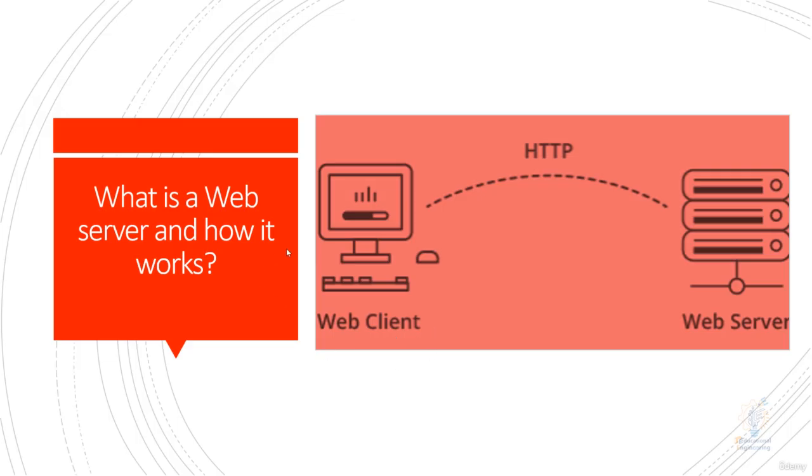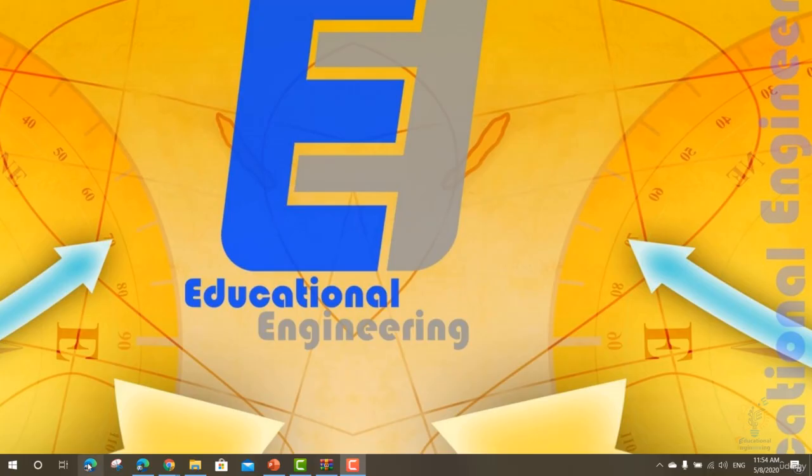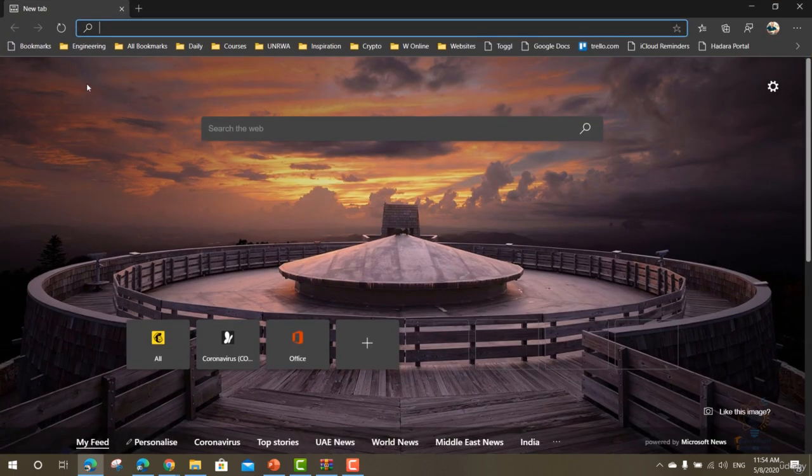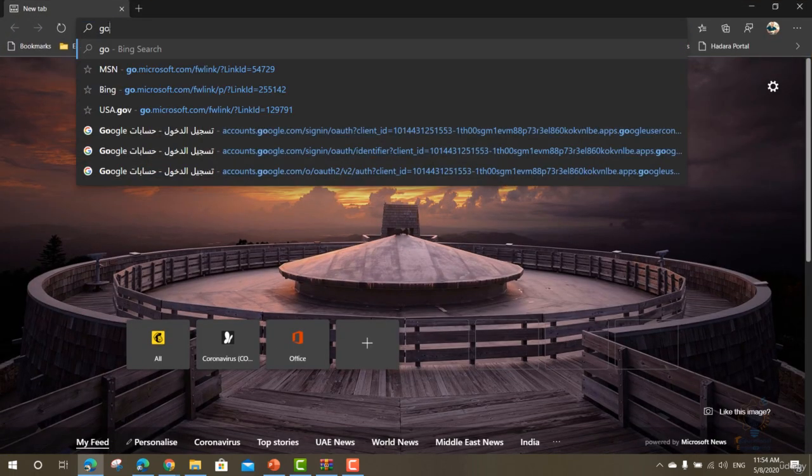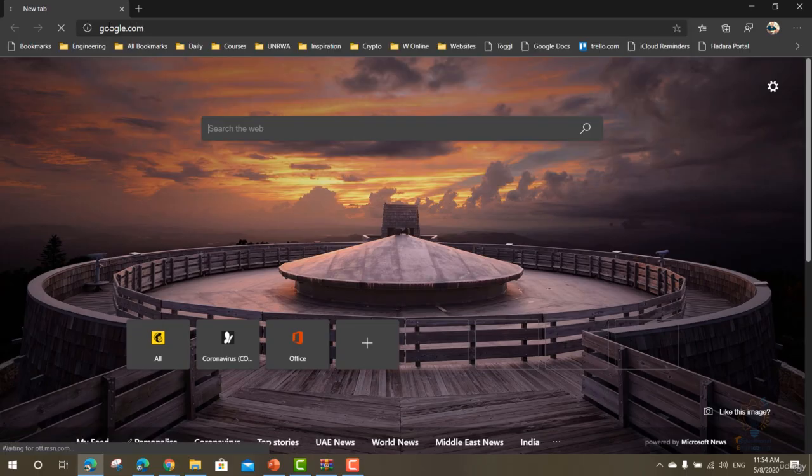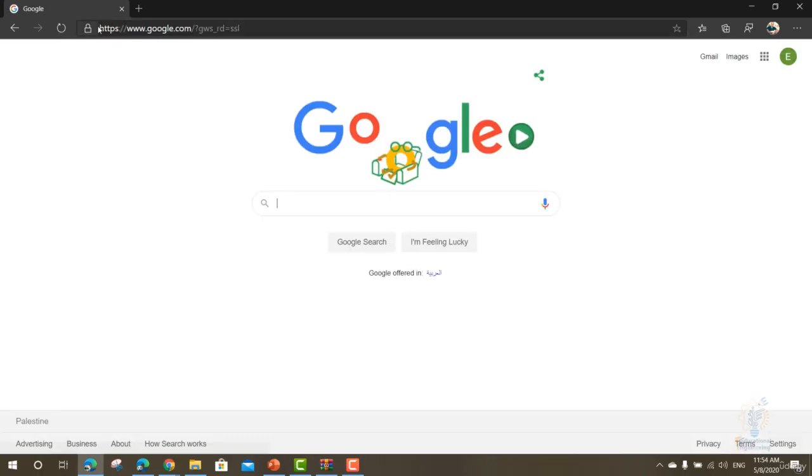Now let's take a quick example. This browser is a web client. Now if we write google.com, it will write HTTP, which we already mentioned, and it will ask the server to deliver this web page,